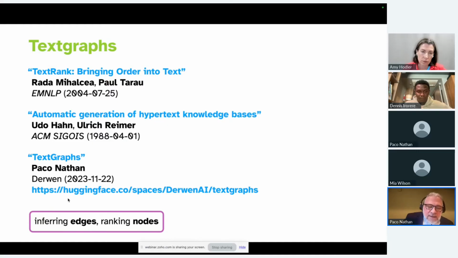It's a way of inferring edges, but then also ranking the nodes for their significance within a context. So when you're extracting entities from a text, what are the top most important descriptions for that text? Which entities are ranked higher? And we'll use this for our graph construction.